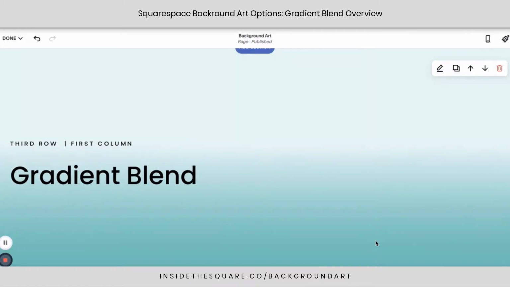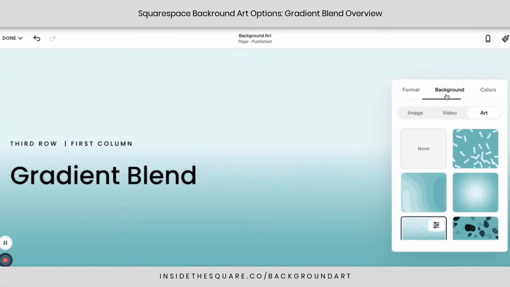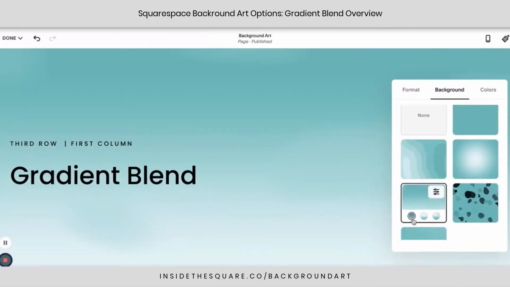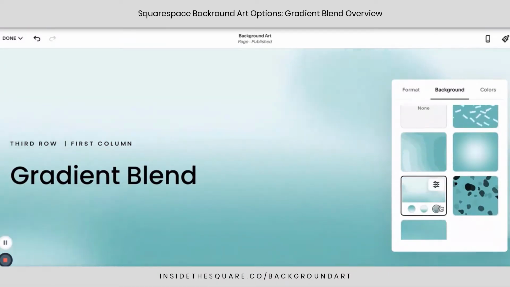This is an overview of the gradient blend background art available in Squarespace. Here in edit mode, I'm going to hop into edit the page section settings and navigate over to the background tab. Now you'll notice underneath this preview here, we have three little circles. Those are some presets that you can navigate through, selecting that one, or that one,